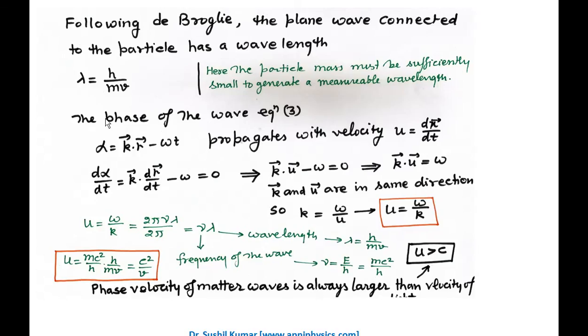Now, following the de Broglie concept, the plane wave connected to the particle has a wavelength lambda equal to h upon mv, right? Here the particle mass must be sufficiently small to generate a measurable wavelength. In an earlier video I showed that if I consider a mass of 1 kilogram and velocity of 10 meters per second, the wavelength was approximately 10 raised to the power minus 35 meters. That was very small compared to the dimension of the ball or whatever the mass is. So the point is that for de Broglie waves, the mass should be sufficiently small,